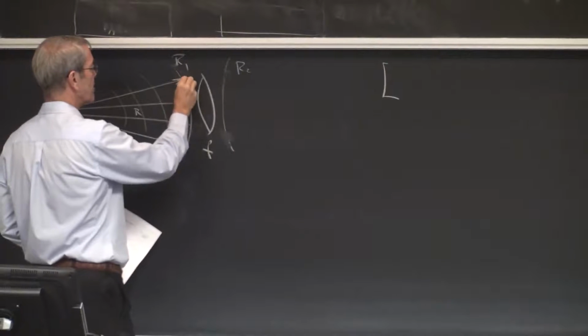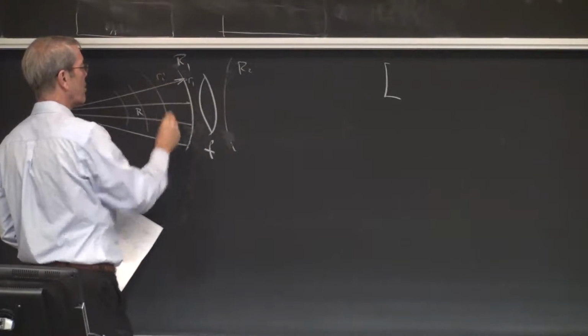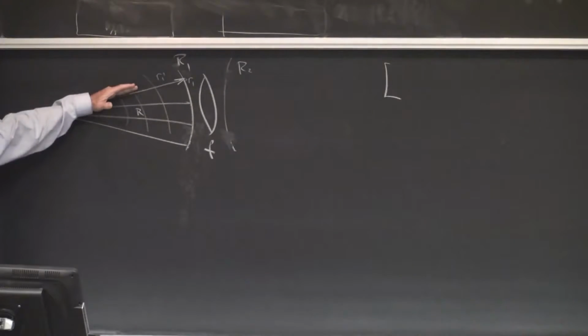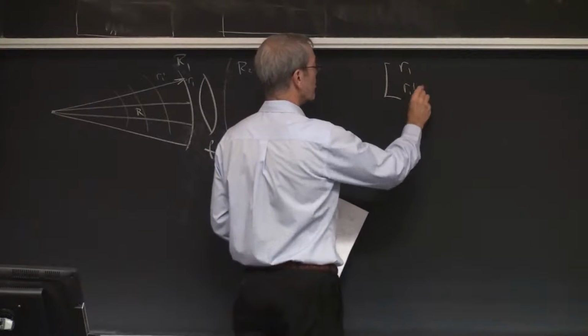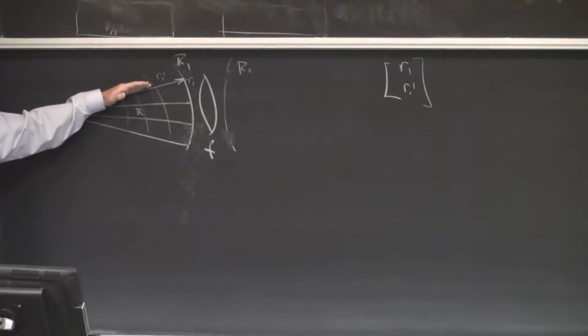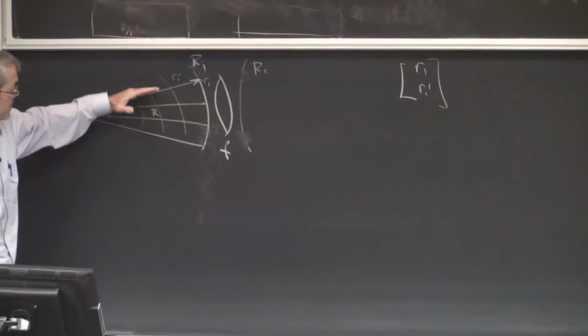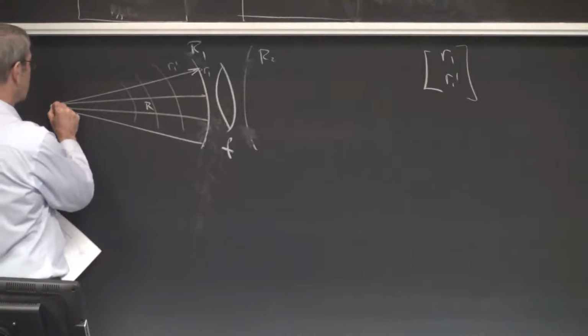I know its height, I know R1, and I know its slope, R1 prime, for that ray. So I know an R1 and R1 prime. If I know that, do I know R? Do I know this big R? Yeah, I do. Because it turns out this distance here